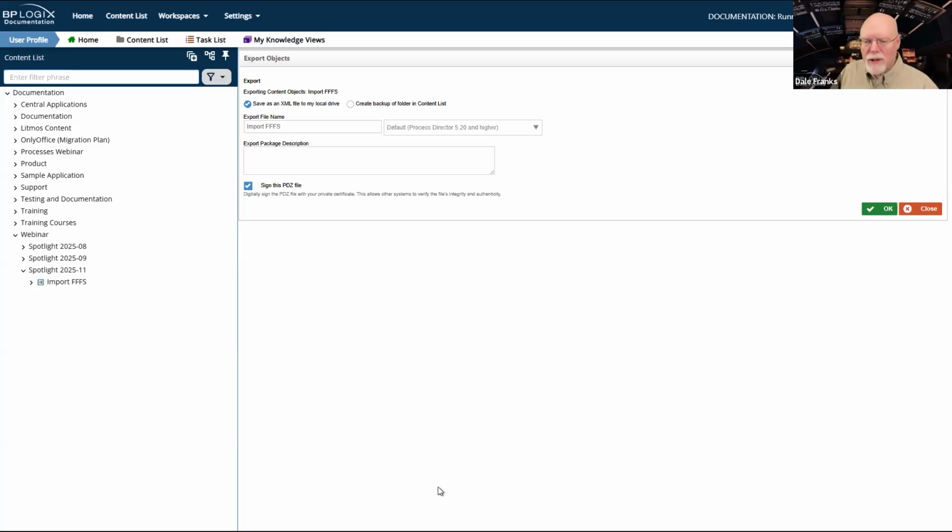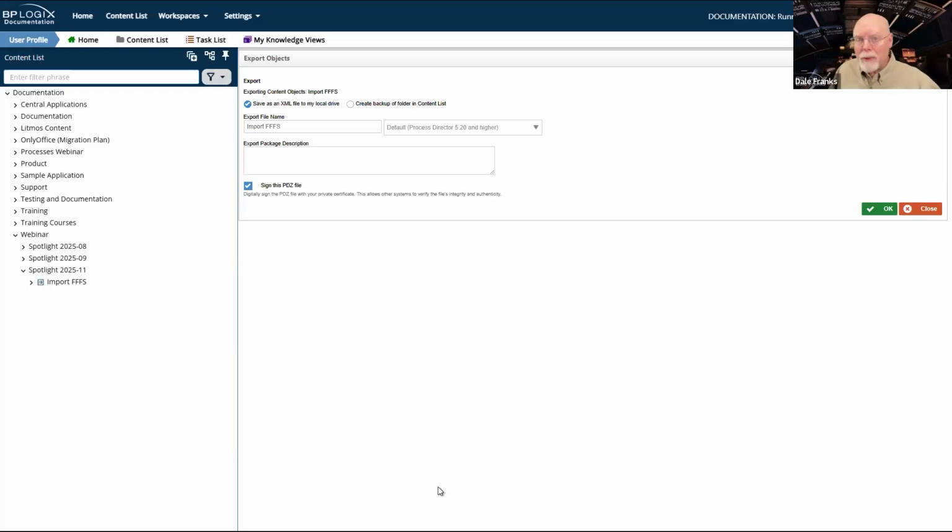Now, this is the first step in work with certificates, and I can't promise you that it will go much farther than this in the immediate future, but the ability to handle these certificates does mean that not only can we sign PDZ files, but potentially could encrypt them, which also means that we might be able to do the same with PDF files. The downside is that there's only one certificate per server.